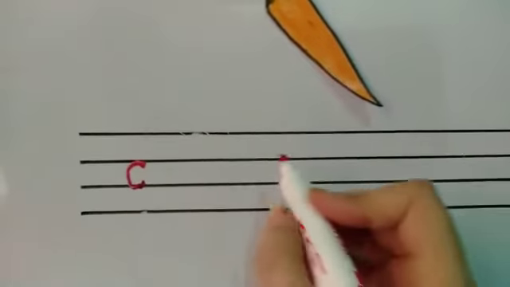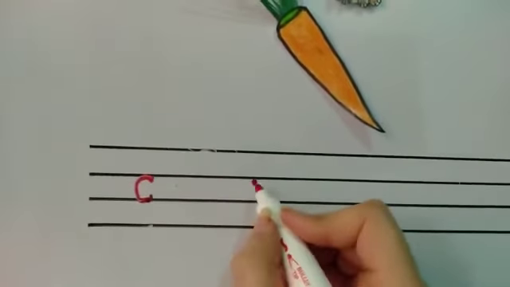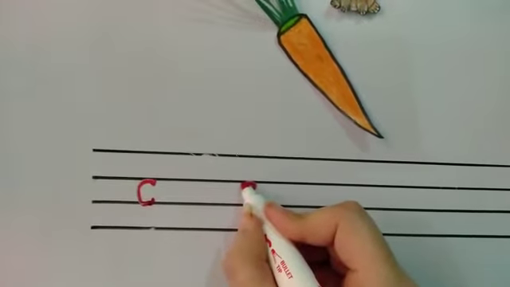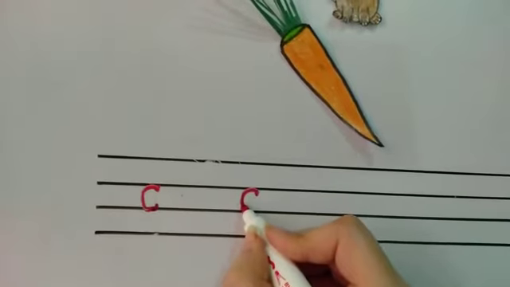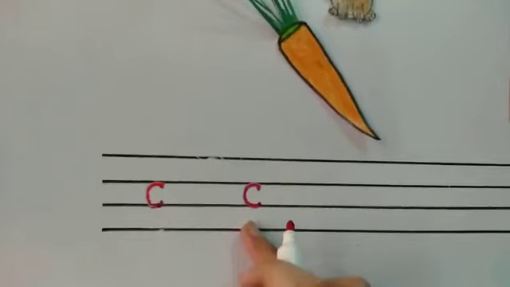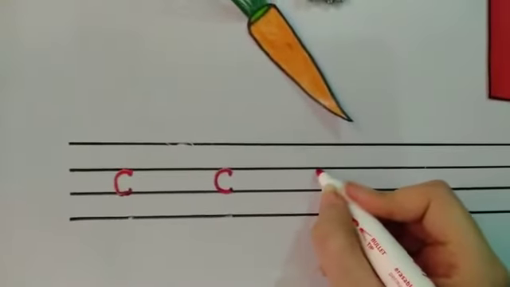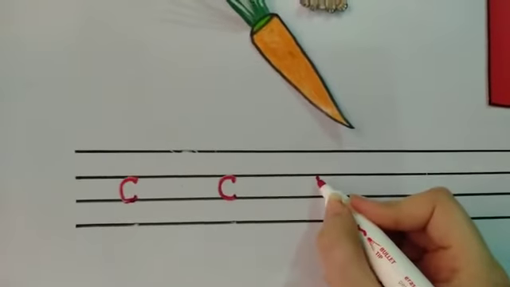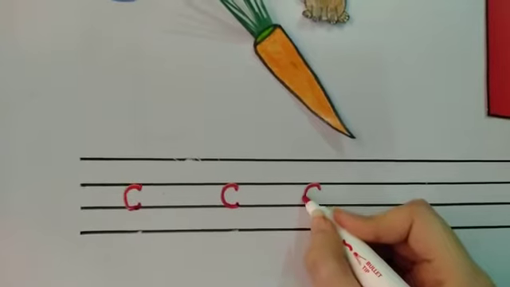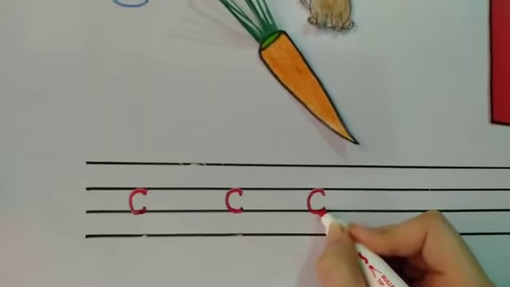Let's do it again. Watch carefully. A dot, then like this and this. Isn't it easy? Let's do it again. Watch this. A dot, then we make a small half circle